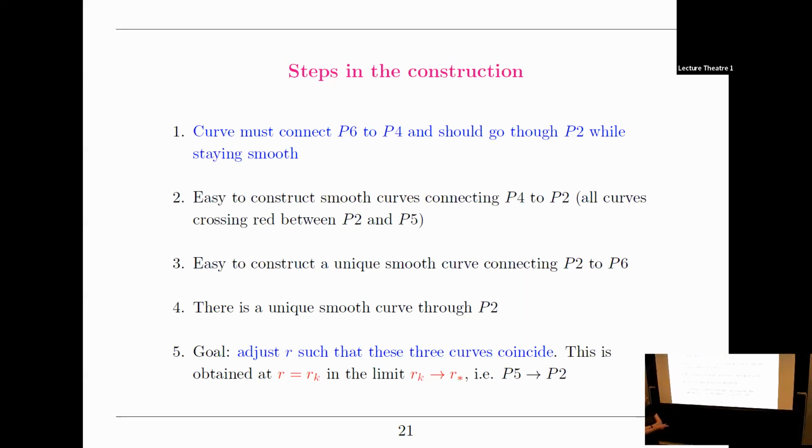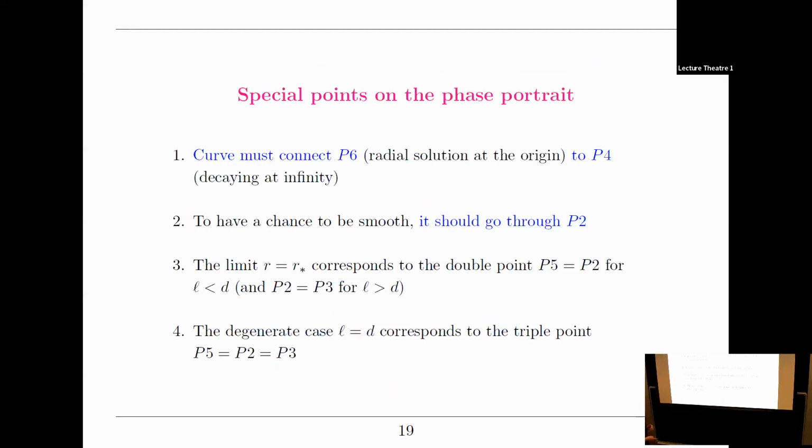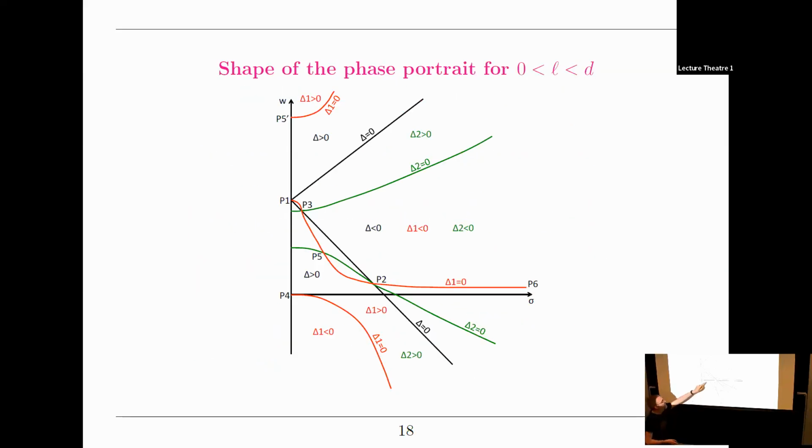Okay, so first, this is where you're very happy to have a phase portrait. Just by phase portrait analysis, there are parts of the analysis which are very, very simple. Essentially, just looking at a phase portrait and maybe looking at the asymptotics as you approach P4 and P6. So the first thing is that if you look at the signs on your phase portrait, you will realize that any curve that starts here will automatically go to P2 on the right and go to P4 on the left. You are trapped. There's nothing else you can do.